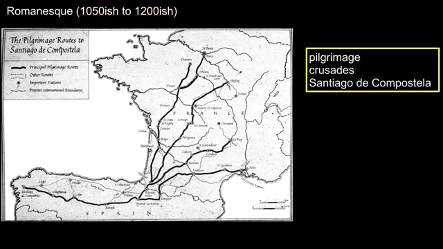The term was first used in 1871 and means Roman-like, referring to the building of churches using round arches, groin vaults, barrel vaults, and thick buttresses. But really, it's a catch-all term for the art made between the Carolingian and Ottonian periods and the Gothic, which comes a bit later. In contrast to what we saw in Carolingian and Ottonian art, which was confined to just a portion of Europe and centered in the imperial court, the Romanesque emerges all over Europe, with each region developing its own local vocabulary or local style and a massive campaign of church building across Europe.